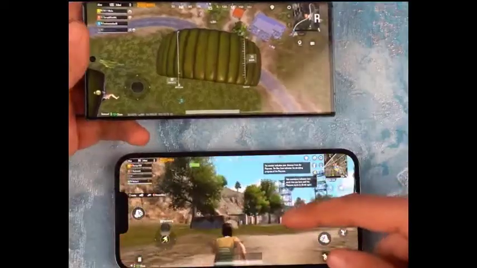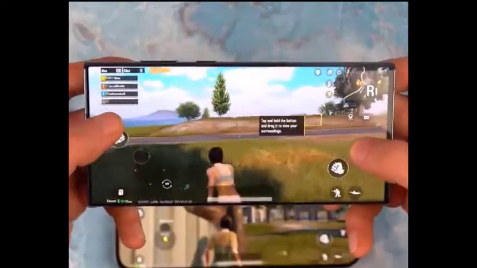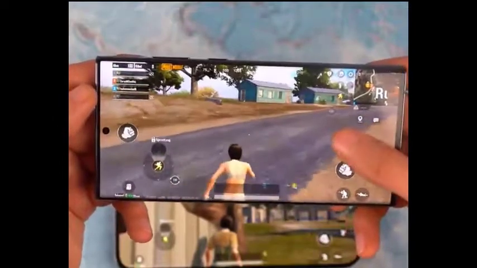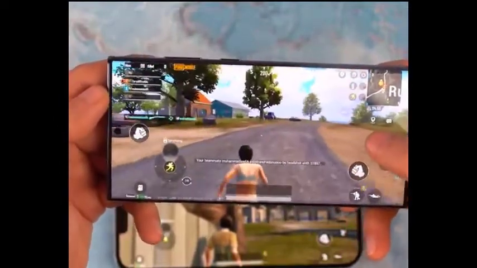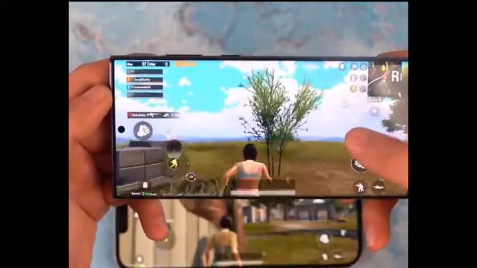Let's keep her running and check things out on the Galaxy S22 Ultra. The display looks incredible, especially with the punch hole. Obviously looks cleaner than a notch, and when it comes to the actual in-game frame rate, I think it's also around the same 30-40 FPS. Just overall a great experience with this PUBG application on both phones. Now next up we have the